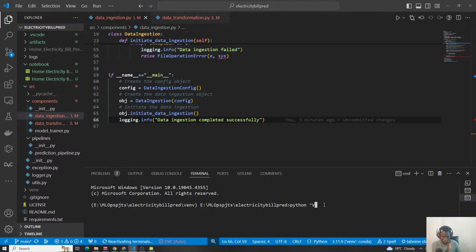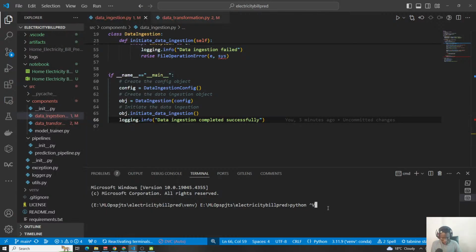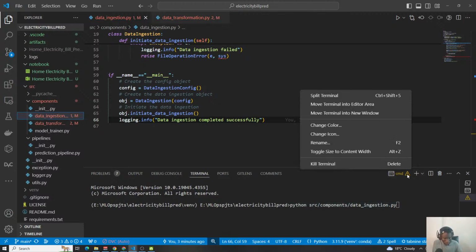So I'm just going to run the components data ingestion dot py. Control C, then